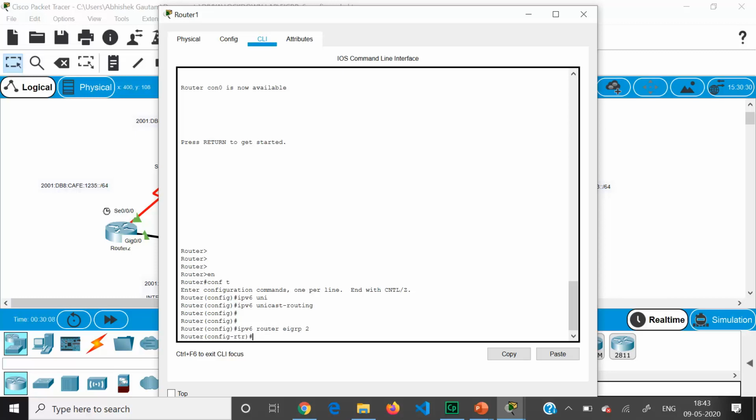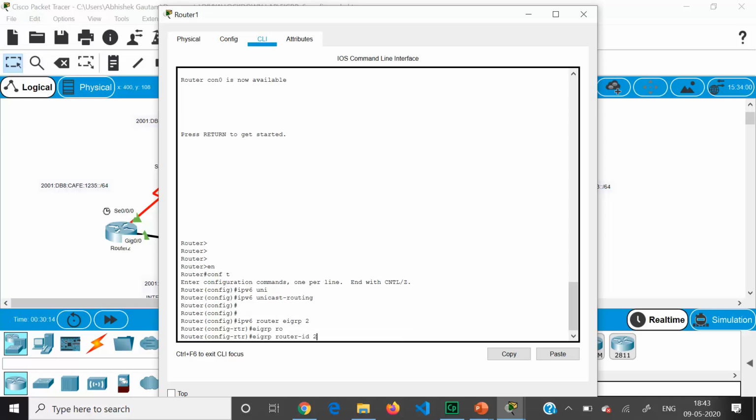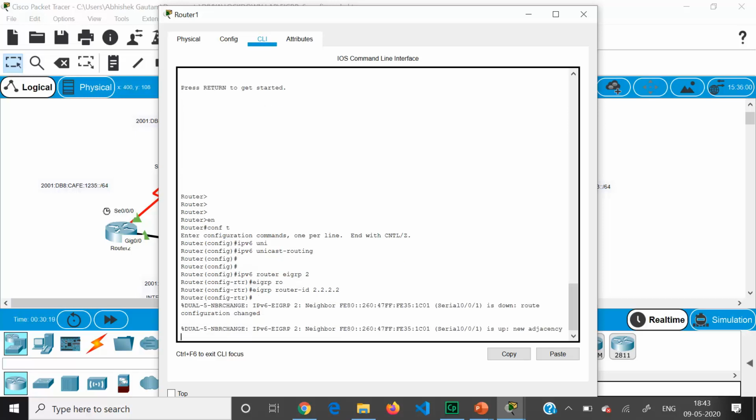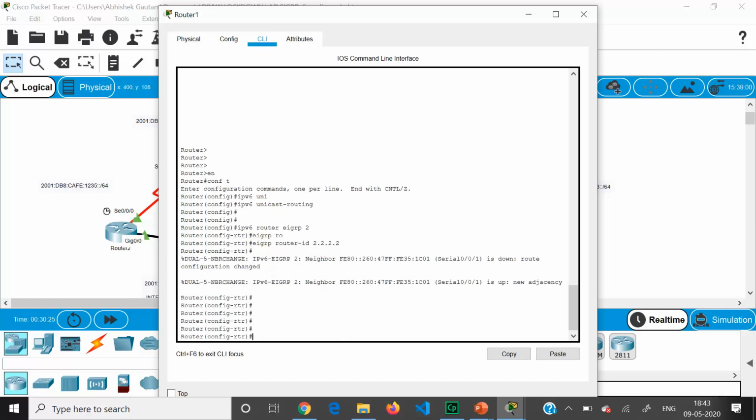Here we are again going to give the EIGRP router ID manually. I am giving 2.2.2.2. The moment I give this, neighbor adjacency is established. Right? So after we give router EIGRP 2.2.2.2, now I will do no shutdown,